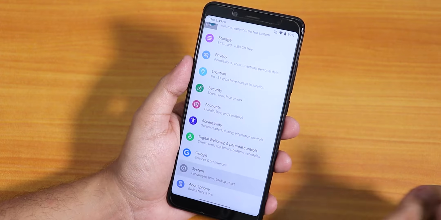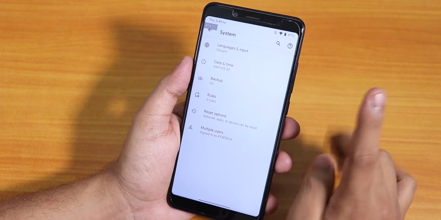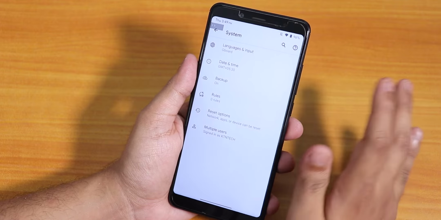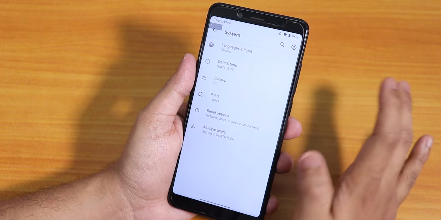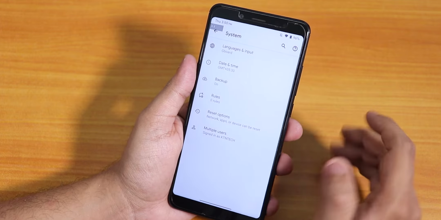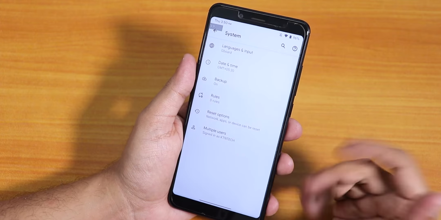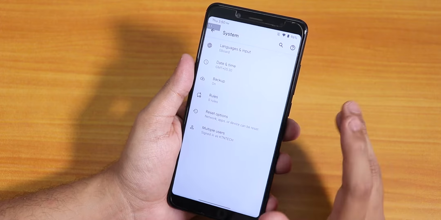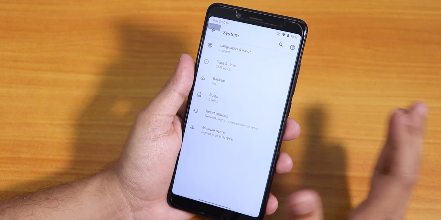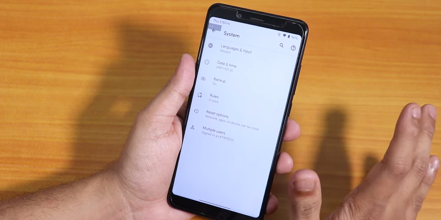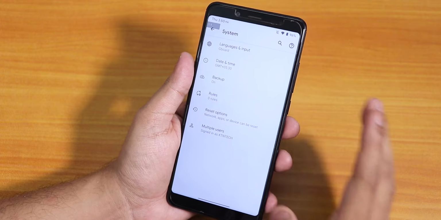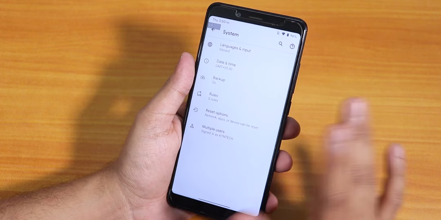And here in the settings, let me go to the system. Here, one thing that is a bummer, that there is no system updater present right now on this build, and you cannot check for updates from here. You have to go to the website, download the latest build and flash the ROMs manually whenever there is a new update. I use the manual updating process pretty much all the time, so yeah, I don't have a problem with it. But for some of you guys who use the system updater, this is a bummer.